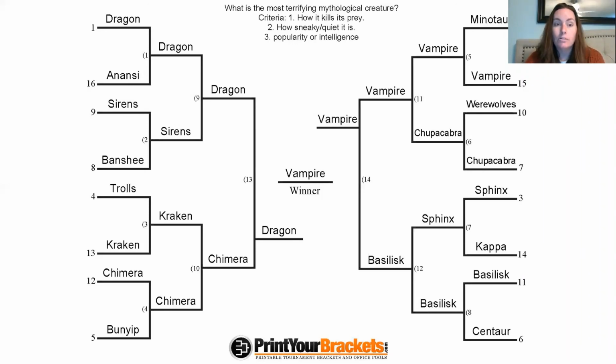It was hard to decide between trolls and the Kraken on the left-hand side in the first round because they are both frightening in the way that they kill people. I think they both have the potential to be quiet, but also to be loud. Like a troll, I imagine them grunting and making noises, and they're really big, and as they're coming through a forest they probably make a lot of noise. But a kraken is big as well, a giant sea creature, and its noises get covered up by the sounds of the ocean. So that was the deciding factor between them, but it still was pretty difficult. I had to think about it and process it for a while.